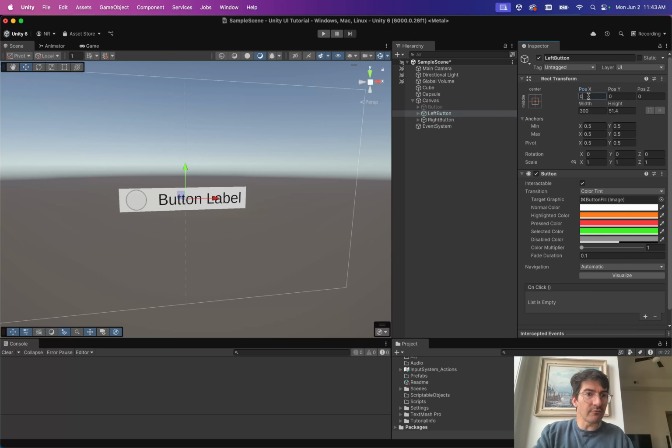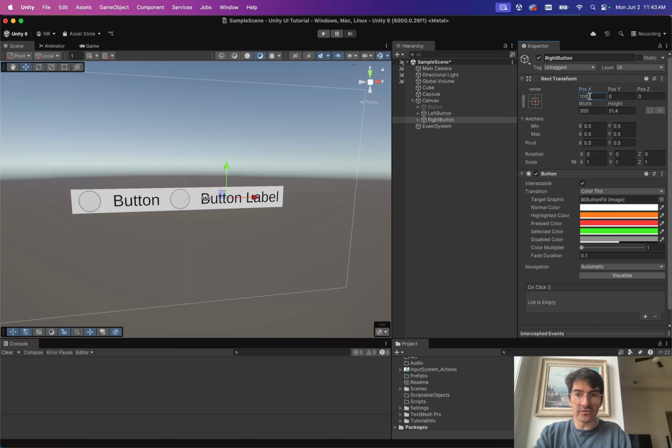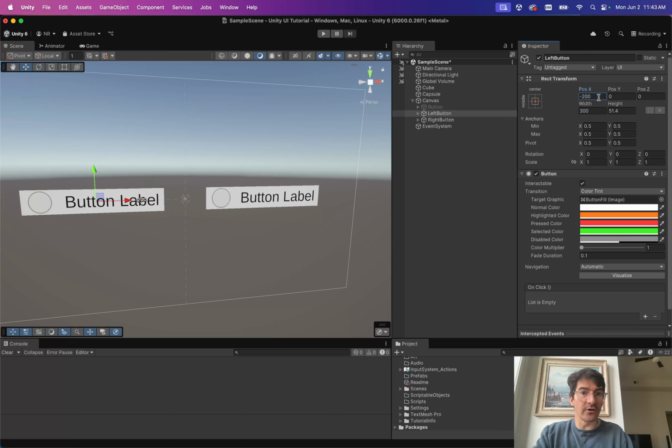I will move the left button to minus 100. I'll move the right button to plus 100. Is that enough? Nope, they're still touching. Go 200 and minus 200. Okay, there we go. So again,